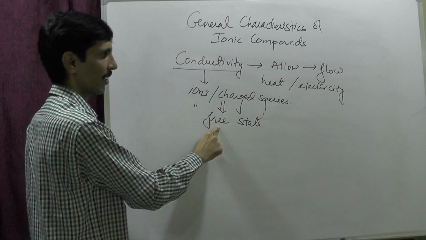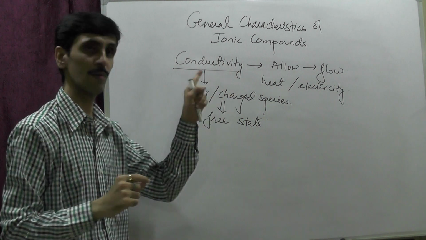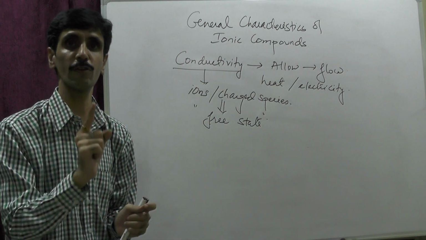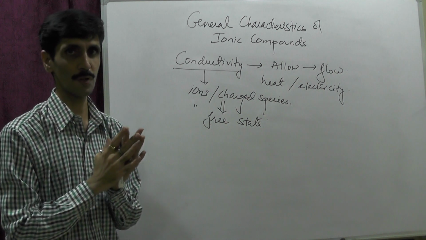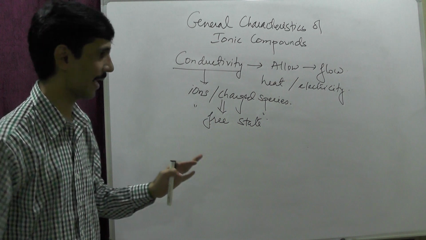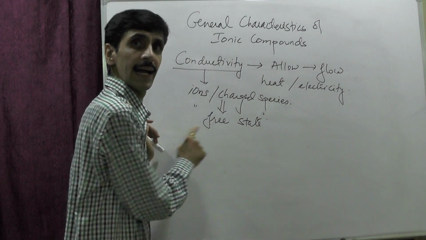It has to be the presence of what? The ions, which has to be in the free state. The electrons has to be what? In the free state. Then only a particular substance is going to behave as what? A conductor. Okay, now it has to be like given as, what is to be happening over here is that,